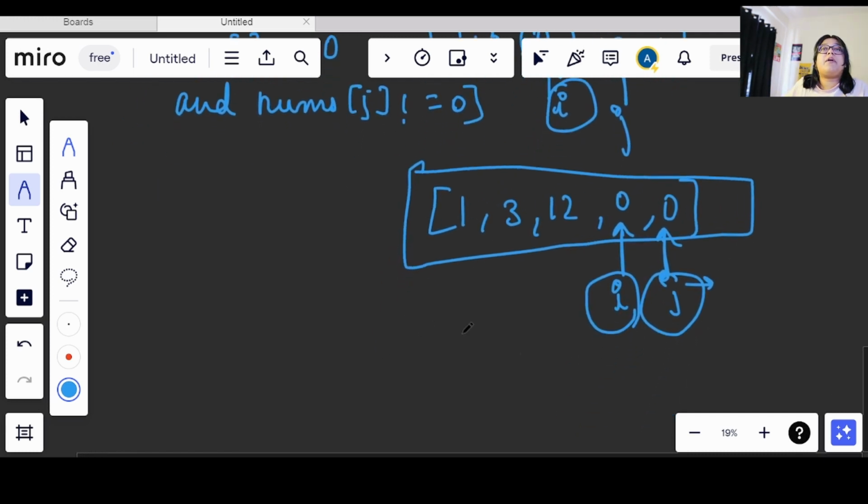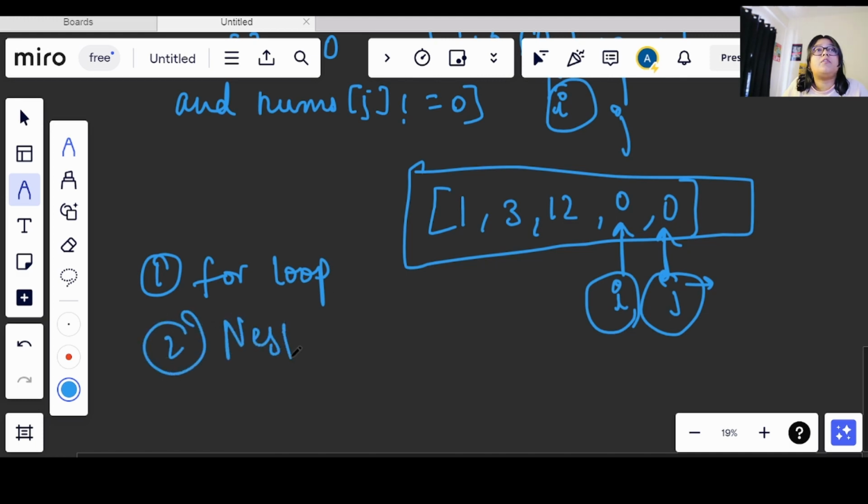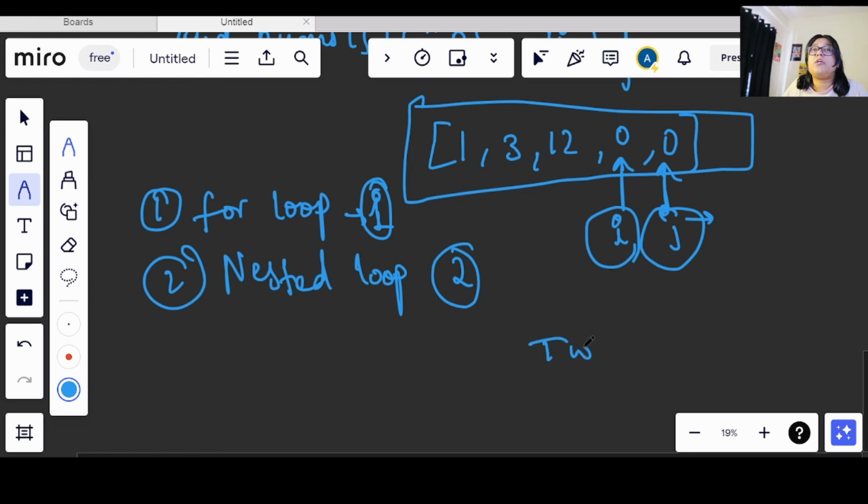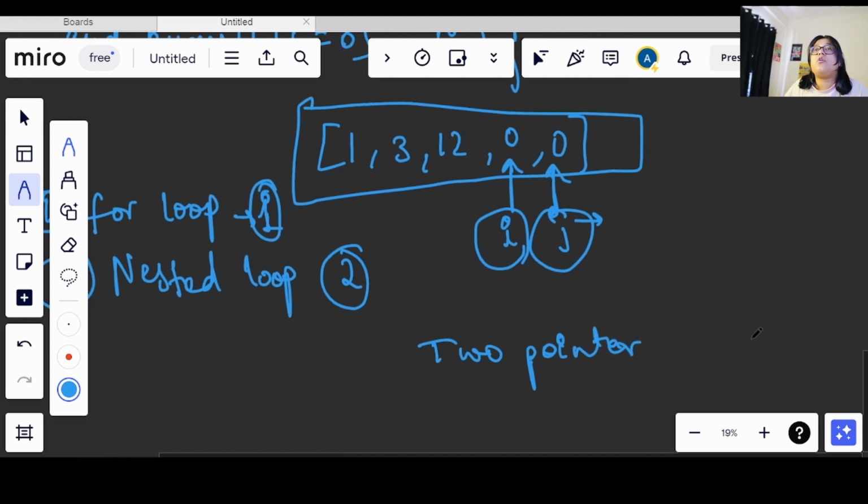Till now, when we were solving questions, we saw a single for loop, right? We saw nested loop. So what was happening there, we were only having one iterator, and in the nested case we were having two, right? One was moving inside the other one. Here we will be having two pointers, or two variables that will be iterating, but they will be iterating together. So the time complexity here will be O of n only, because we are iterating on the array only once and both are moving together.